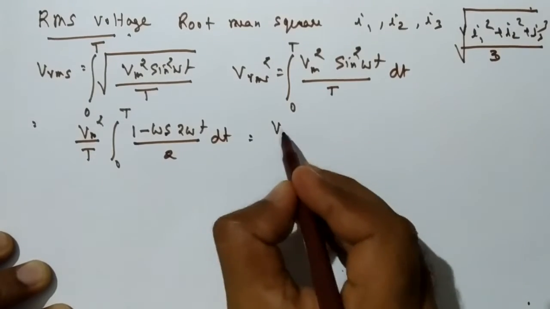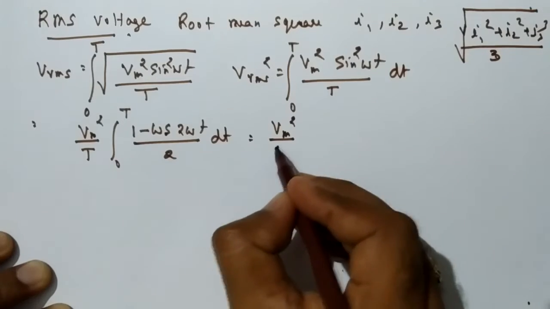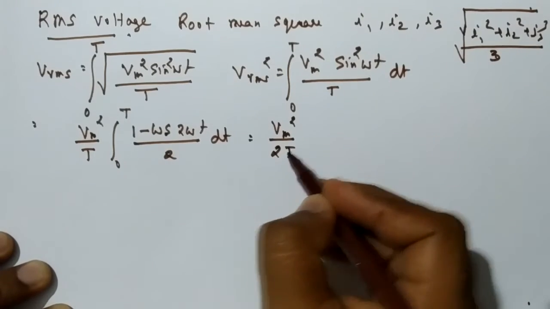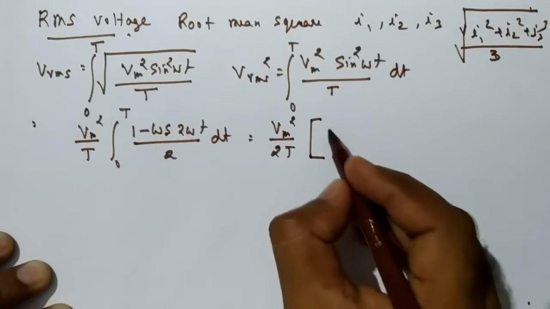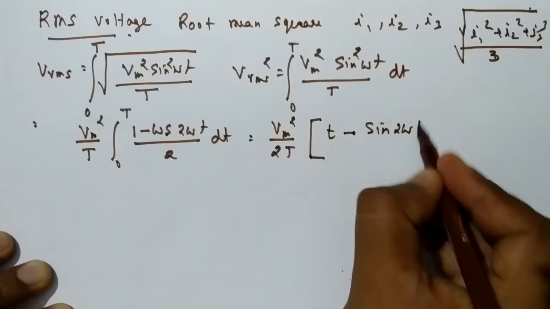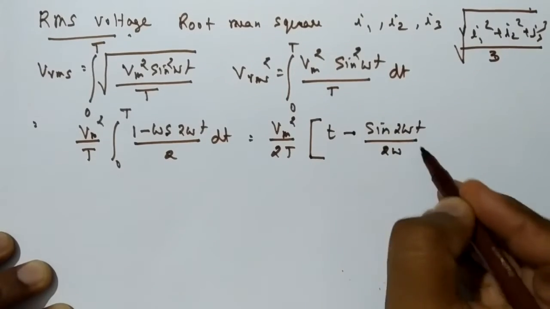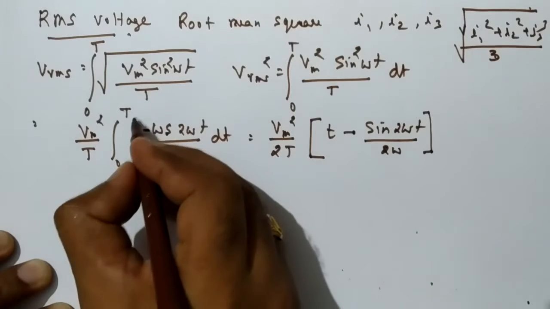This is equal to Vm square divided by 2T, you take this outside, into the integration of a constant, that is 1, that is t, minus sine 2 omega t divided by 2 omega, from 0 to